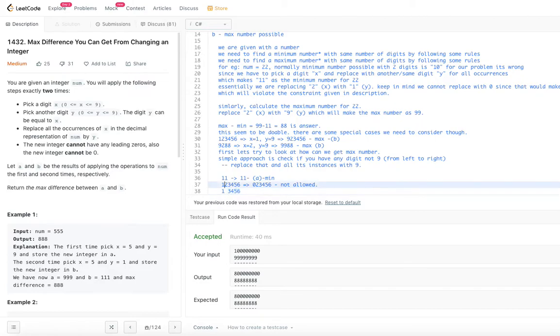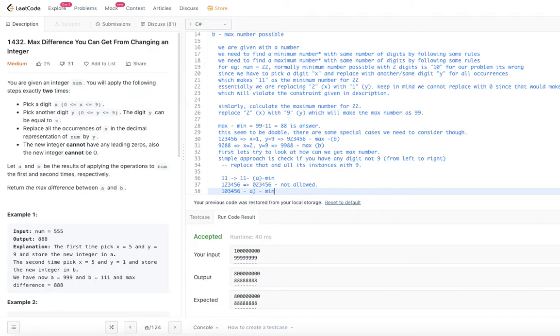So can we replace 2 with 0? Right? Can we replace 2 with 0? Yes. So this will become the minimum number, A, right? So likewise, you have to find a first digit which is not equal to either 1 or 0 and replace it with 0.